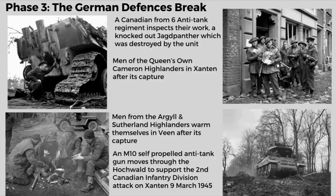Men of the Queen's Own Cameron Highlanders, if you can see in the photo, they're actually holding German Reichsmarks. They are just outside of a bank in Xanten, just after the capture of the town. You'll notice that some of them have shovels stuffed into their webbing. The issue entrenching tool was less than popular, and so British soldiers often would carry shovels and picks instead of